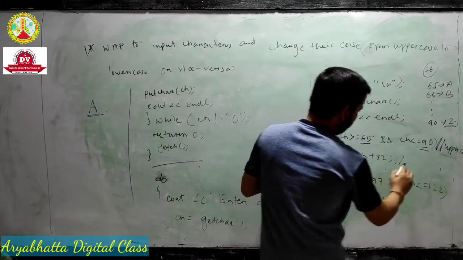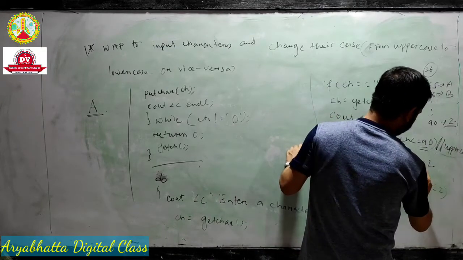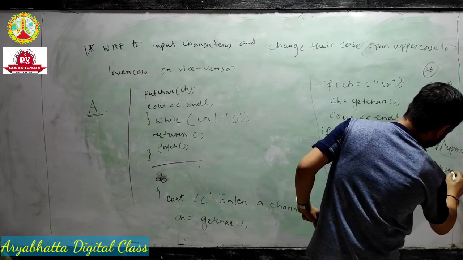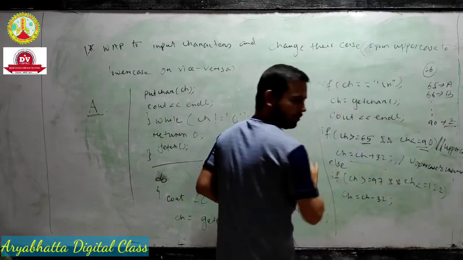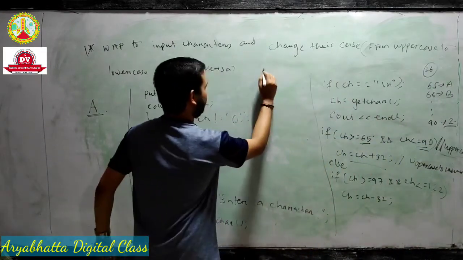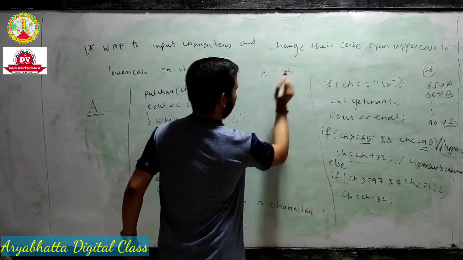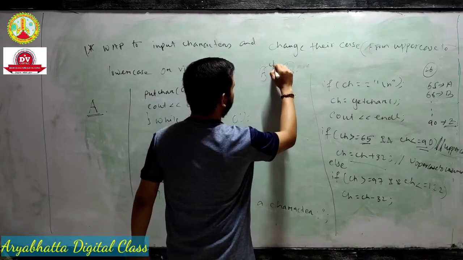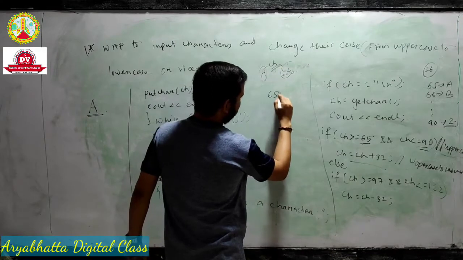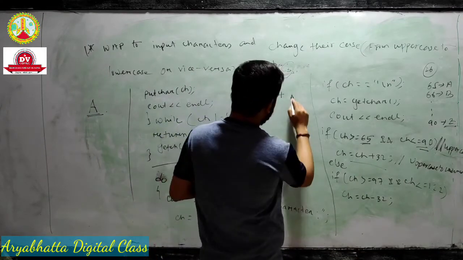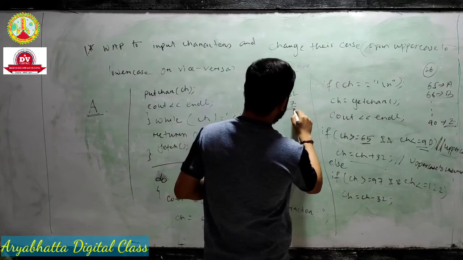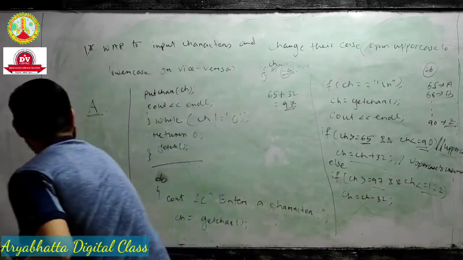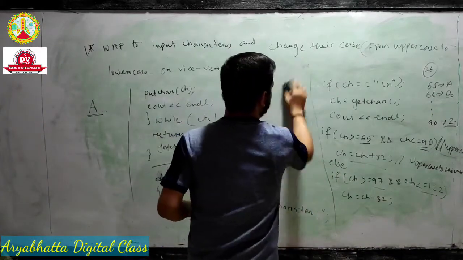And this formula is for uppercase to lowercase. I just write the uppercase to lowercase conversion in short format. This is the formula. Okay, if we take capital A, we take this value 65. Now 65 is stored in this character. Then 65 plus 32 means 97, and from 97 to 122 we assign small letters. Okay, we are writing this clearly.